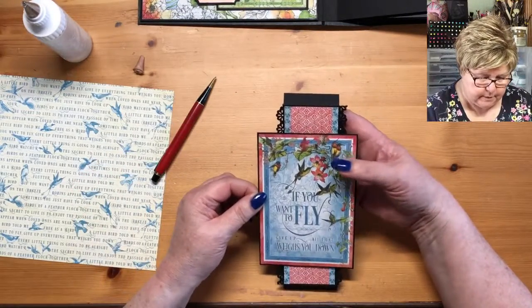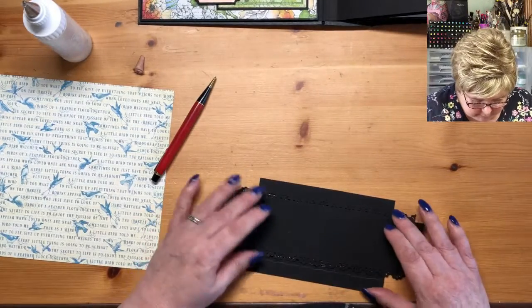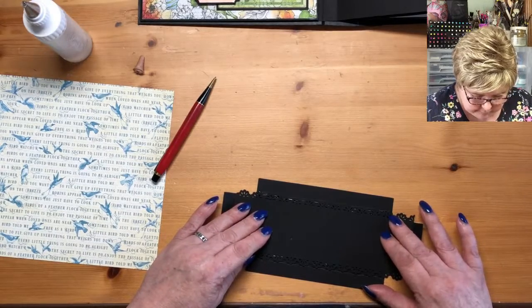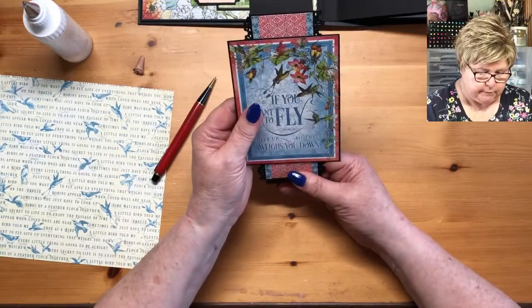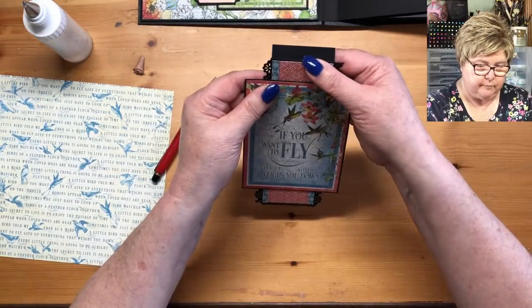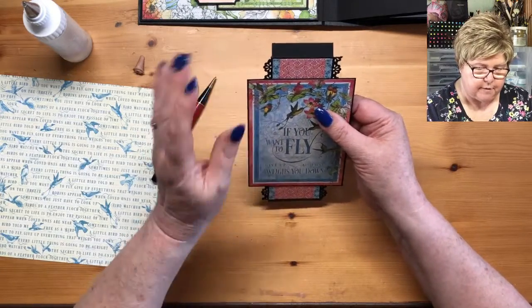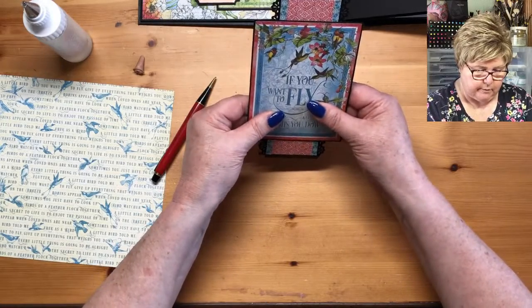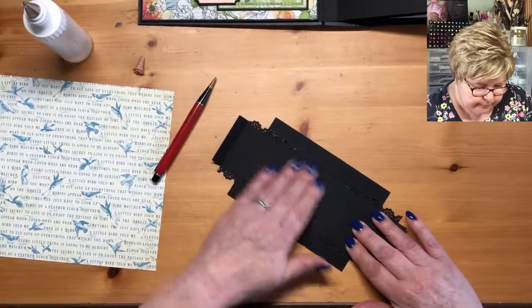Alright, so let's just see. I think that's about there. Are we about right with the lines on the back? About there. Let's just have a check on the front. It's amazing, isn't it, how little your eye can detect. If it's just a smidge off, you can really see it. Right, I think that's okay. Let's just...